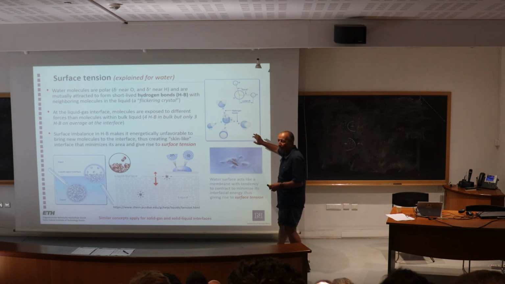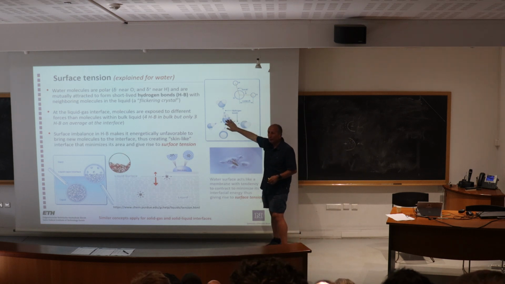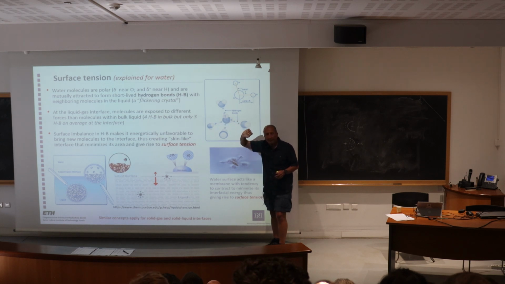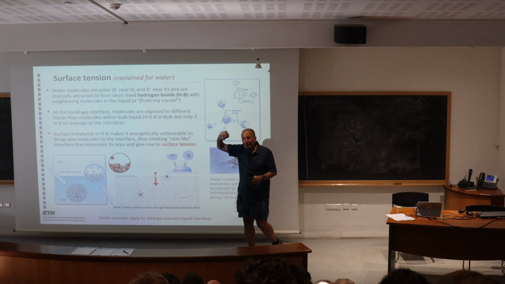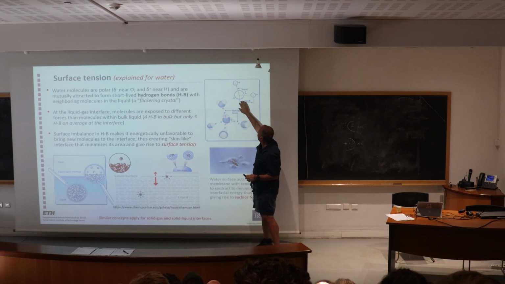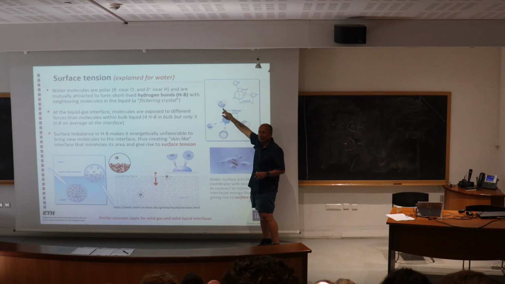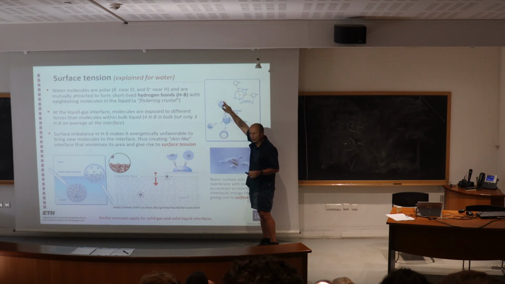Okay, so let me step back a little bit. A water molecule has 2 hydrogens and 1 oxygen. Electrons that orbit this molecule spend more time around the oxygen than they are around the hydrogen, and so we have a slight imbalance in charge. So we say that the oxygen side is slightly negative, and the hydrogen side is slightly positive,